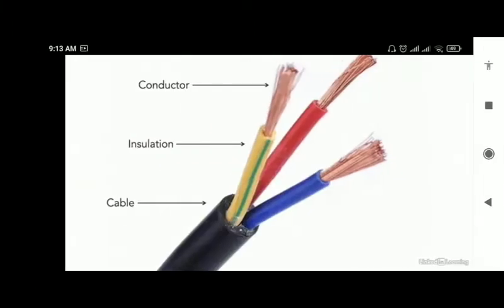In this picture, you can see the conductor is the copper wire, while the insulation is the shield around every copper wire, while the cable is the outer shield that contains multiple conductors